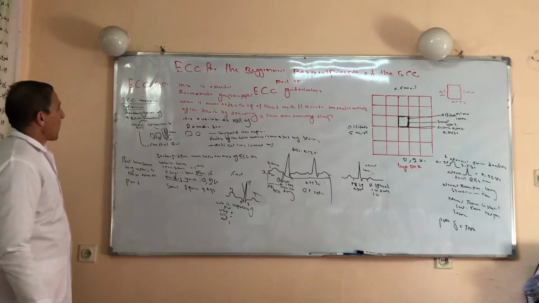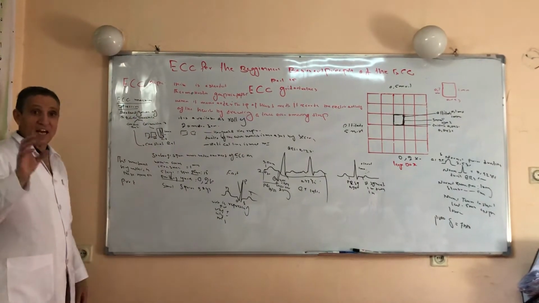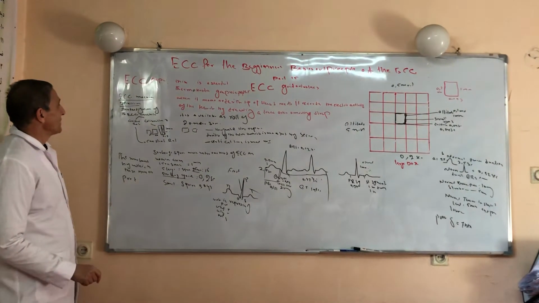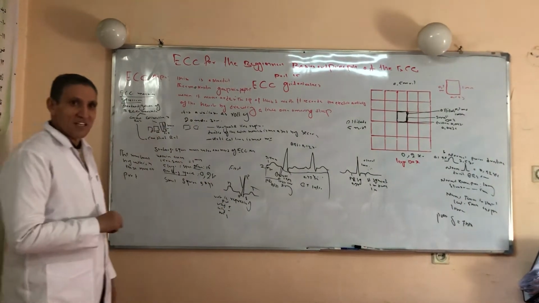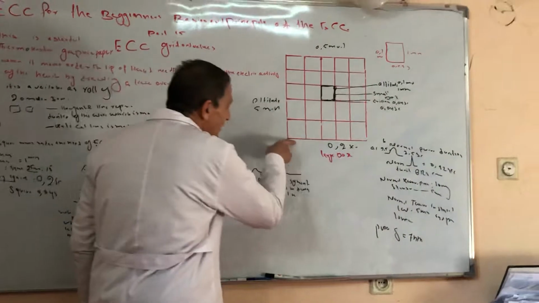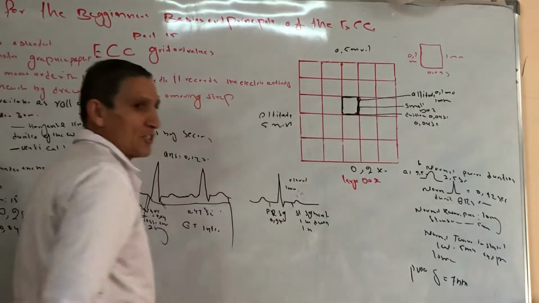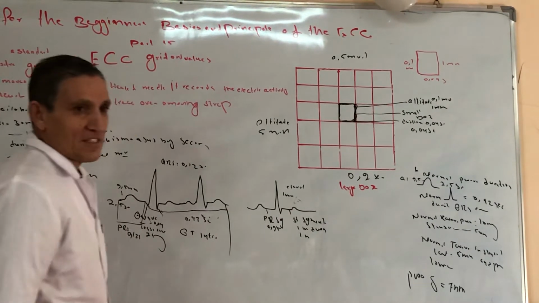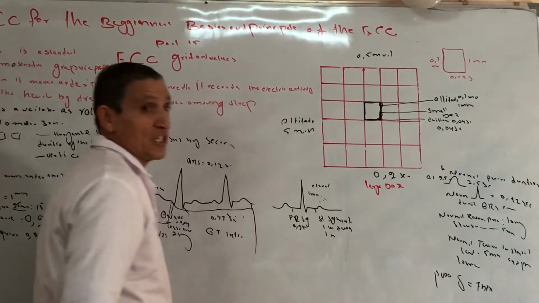This ECG paper is available in the market as a roll of 20 meters and 30 meters. In addition to that, this ECG paper is made from large squares as well as small squares. One large square includes 5 small squares. The horizontal line of the ECG paper represents time and duration, which is measured by seconds. The altitude or vertical line represents voltage, which is measured by millivolt.